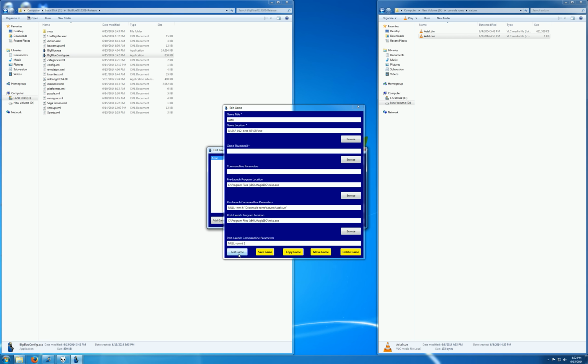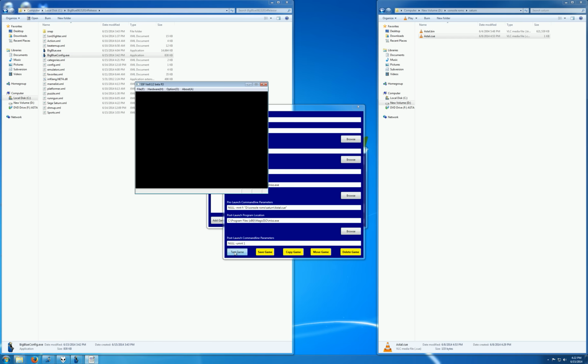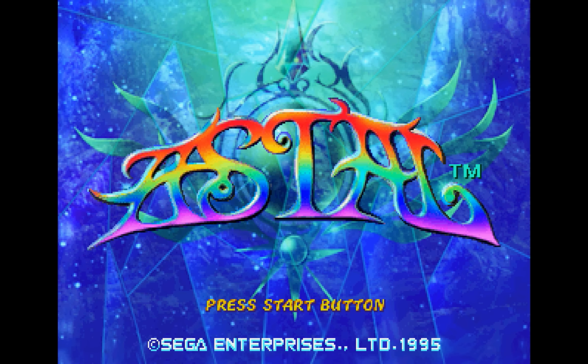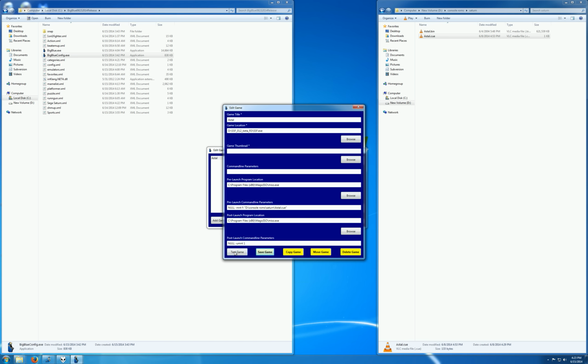It also has this option to test your configuration here to see how it'll actually run in Big Blue. So we'll test it, and assuming everything went okay, we should see Estelle and all of that. So there we go, there's the Estelle full motion video intro. I can skip to the title screen here. And so it mounted the Estelle image. I'm playing the game. Now when I exit SSF, it's going to unmount the image and wipe it all away,